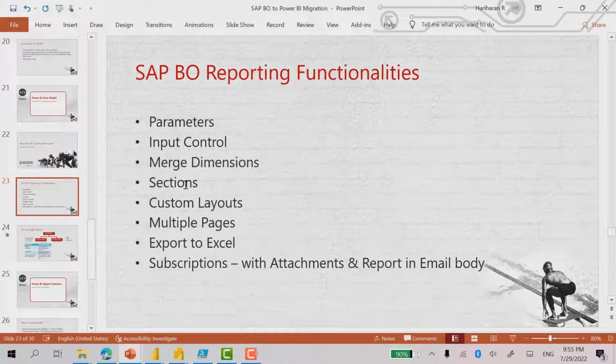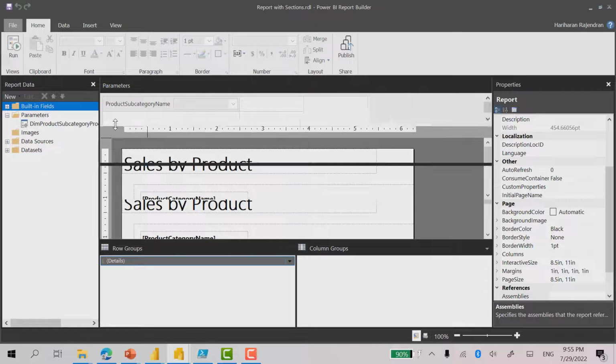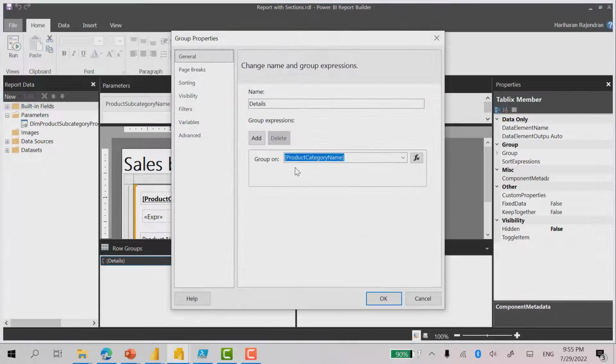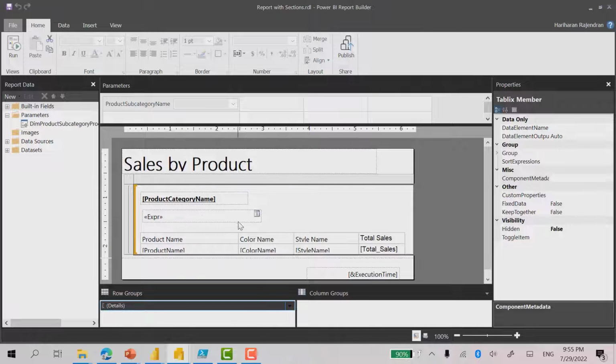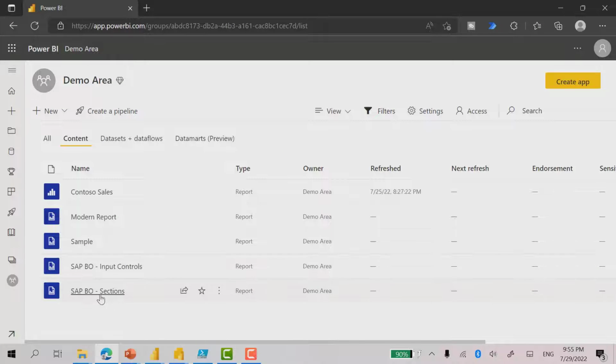Let's talk about the sections. As I mentioned, sections is kind of an invoice, right? So we have a concept called a list in a Power BI report. This is called a list. The list is based on the product category name. If you have multiple product category names, this list will be repeated for each product category. Within the list, you can have different components like text boxes, tables, visuals, right? Once you have defined the list option,